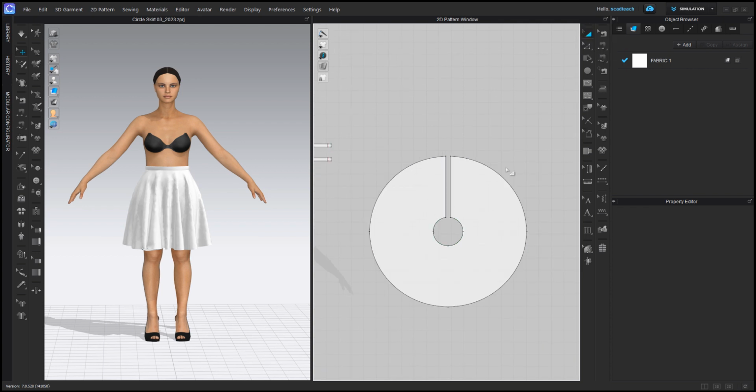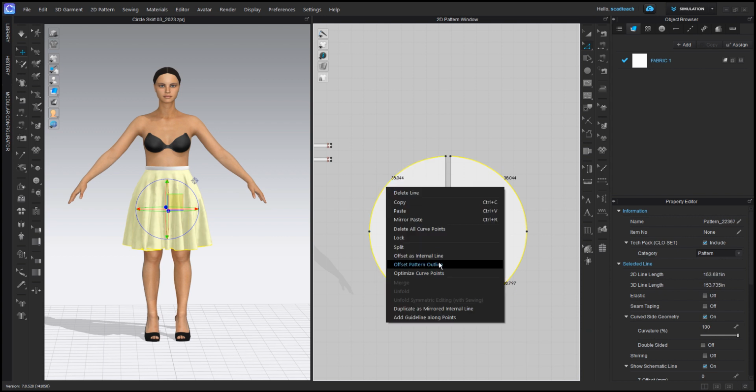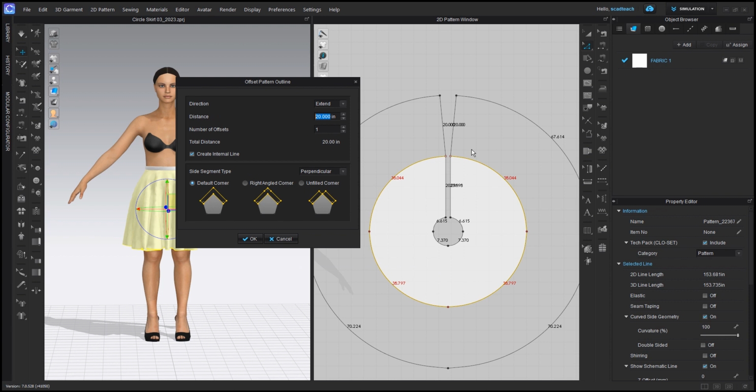You can always extend this. You can make it a little bit larger, but doing so is tricky. We can select these pieces. 1, hold shift, 2, 3, 4, right click on it, offset pattern outline. So you can extend it a little bit more, but you can see it's doing strange stuff here. This needs to be extended. There we go. So if you needed to make this bigger, you can extend by however much distance you want,